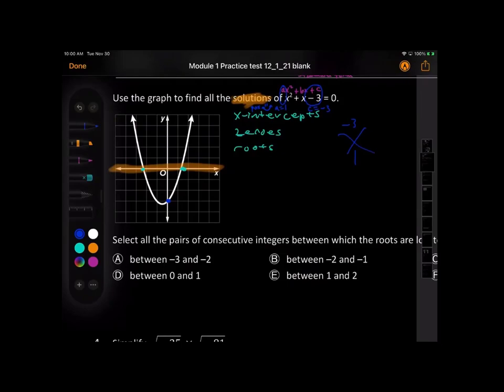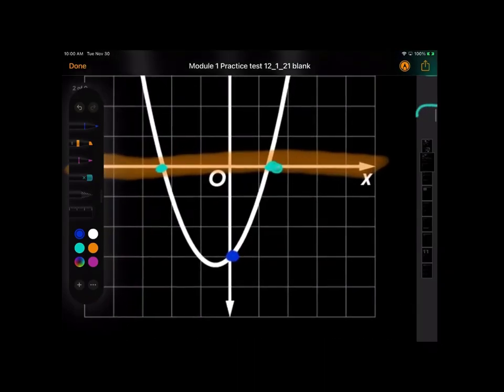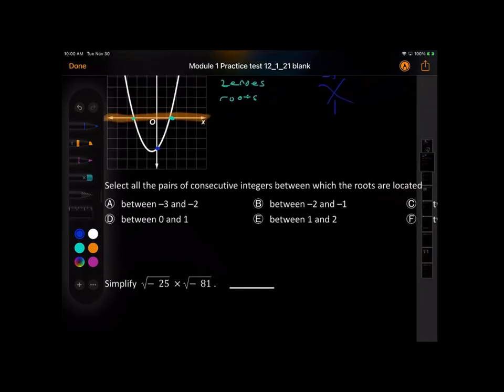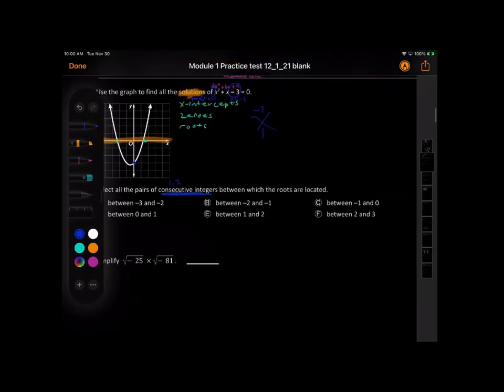add to be +1. You'll also know that these are called irrational. They're irrational because they're not whole numbers. And you can kind of see that in your selections below. Select all the pairs of consecutive integers. Consecutive means next to. So 1 and 2 is consecutive numbers. You look all the numbers below, -3, -2. They're next to each other,